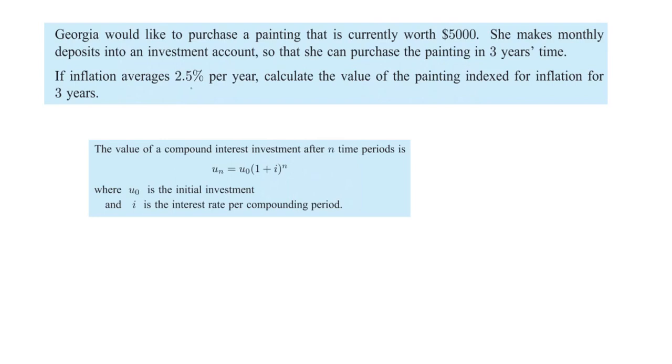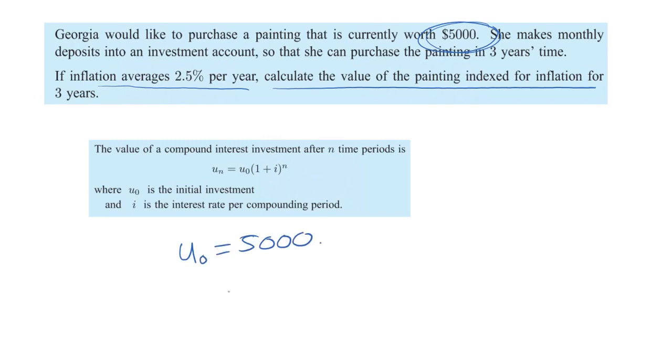So we've got this measure of inflation per year, right? We've got to calculate the value of the painting indexed for inflation after 3 years. So really, we're only thinking about the inflation and not a lot else. So U0 clearly is 5,000. If we are looking at inflation and it's per year, and we've got 3 years, well, N is clearly just 3. And it makes it nice and easy with R as well, because we don't have to worry about dividing through by anything. R is going to be, let's use the correct terminology, let's use I. I is going to be